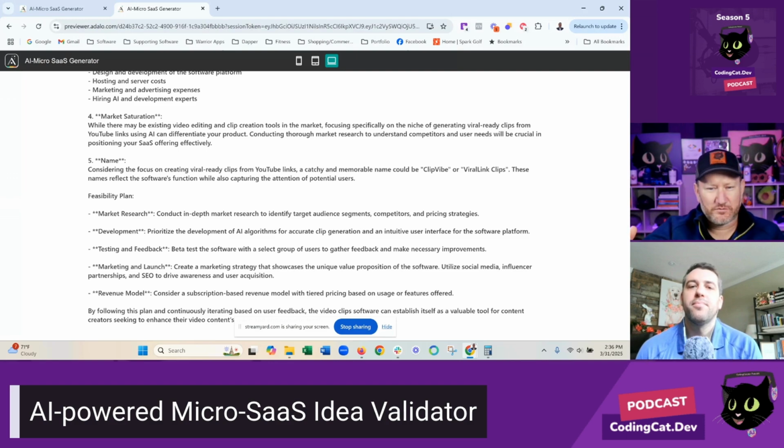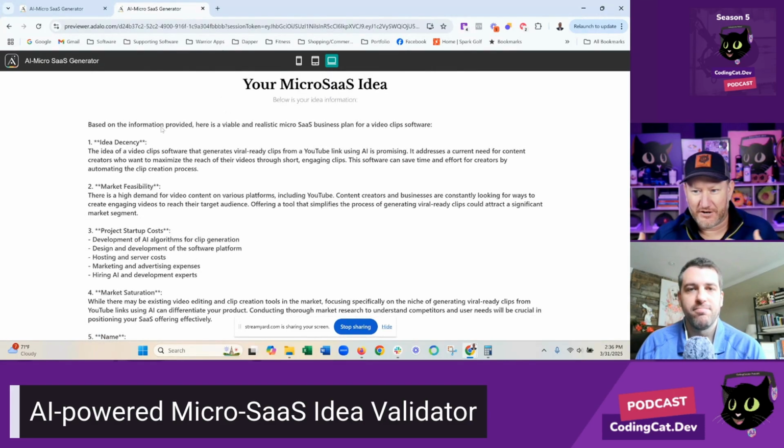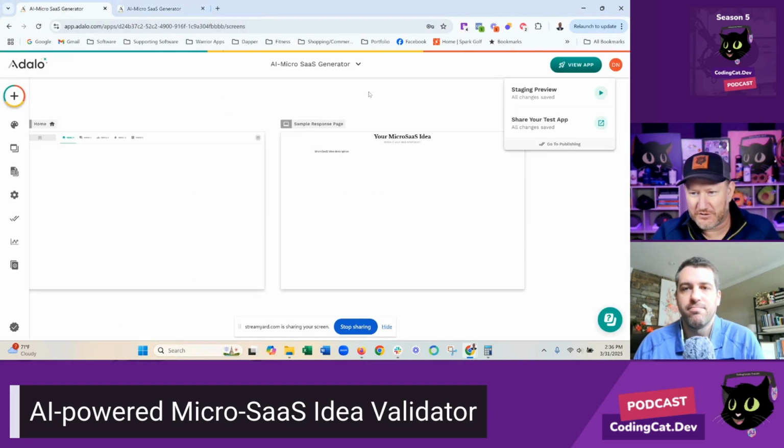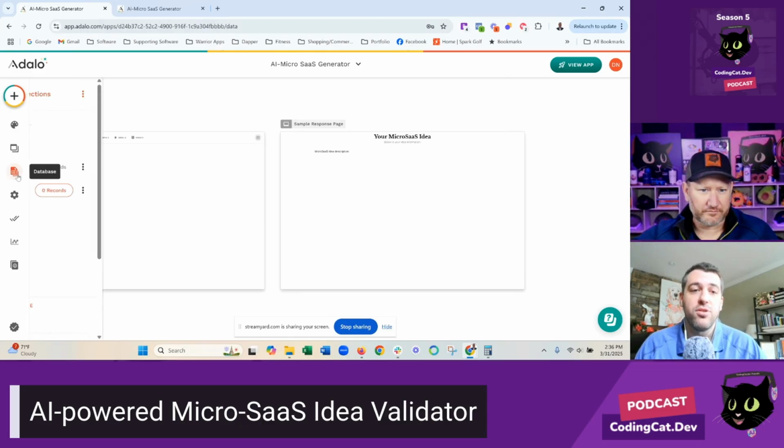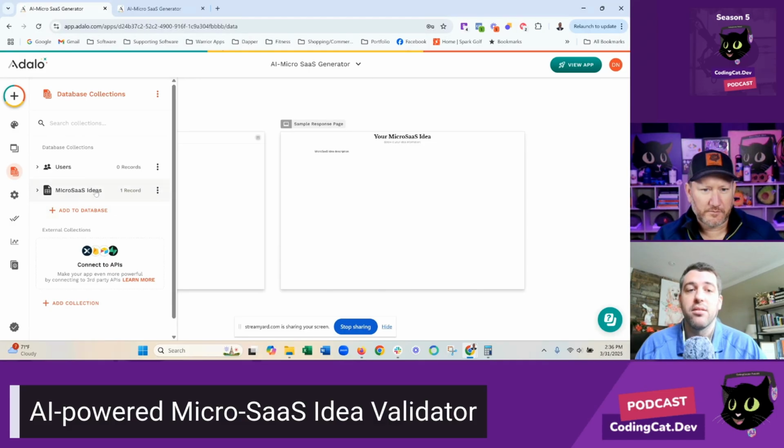So if you were to continue ahead to build this out, would you then say, well, we want to be able to store these responses and a user needs to be able to log in? Are you adding Firebase or Supabase, something like that? What does that typically look like for you? Yeah, so typically we're just using the database inside of here.